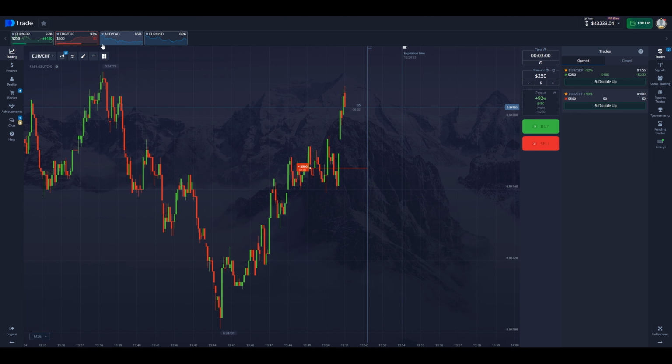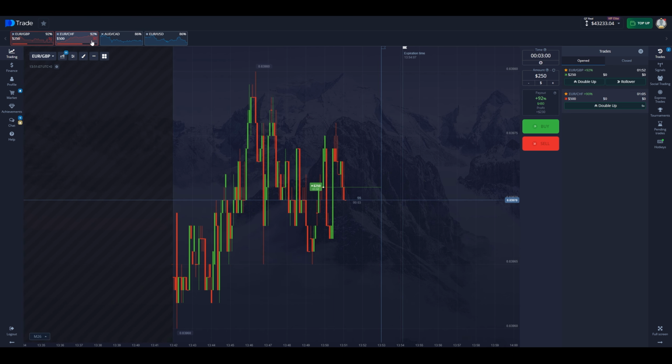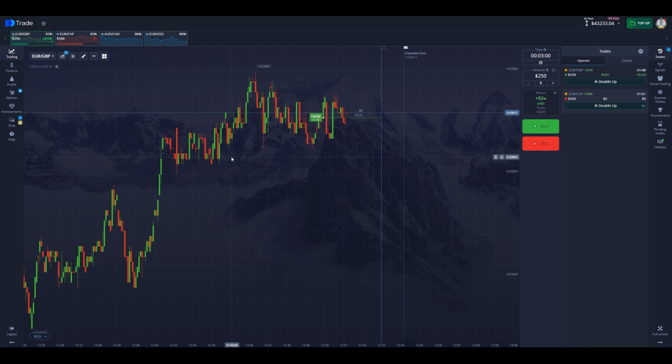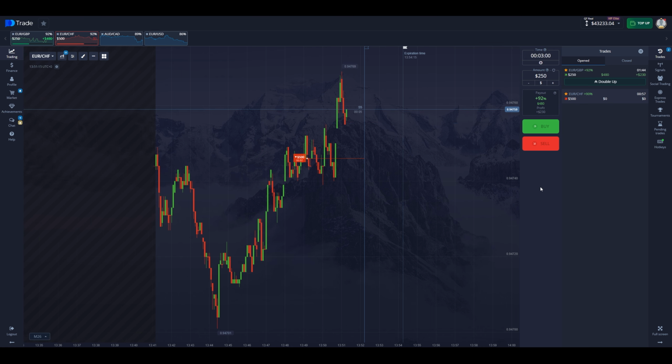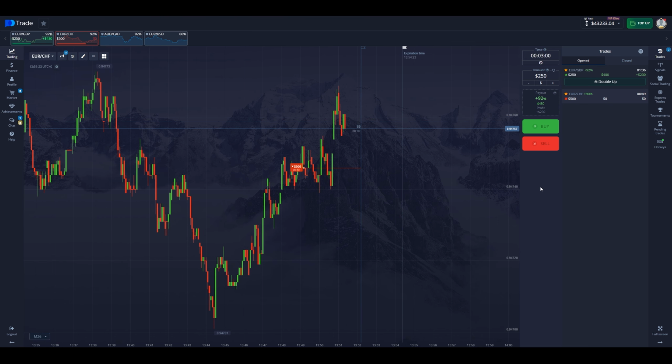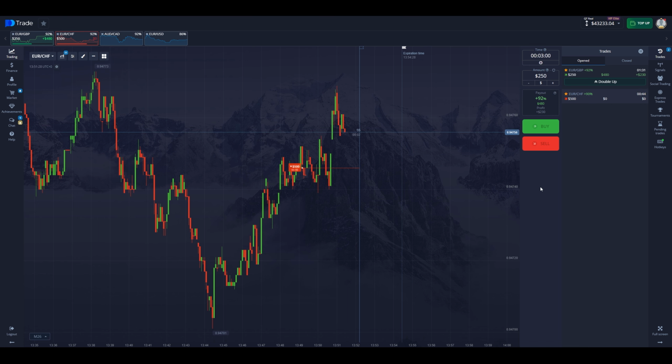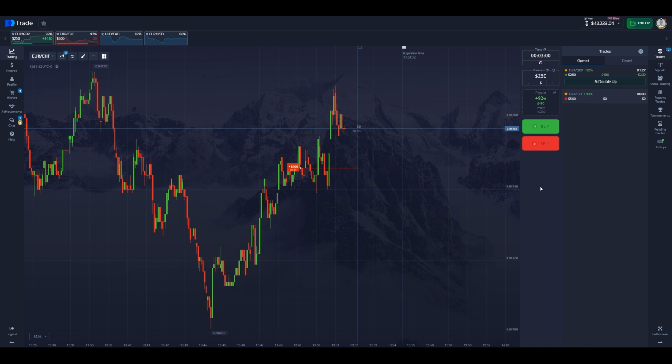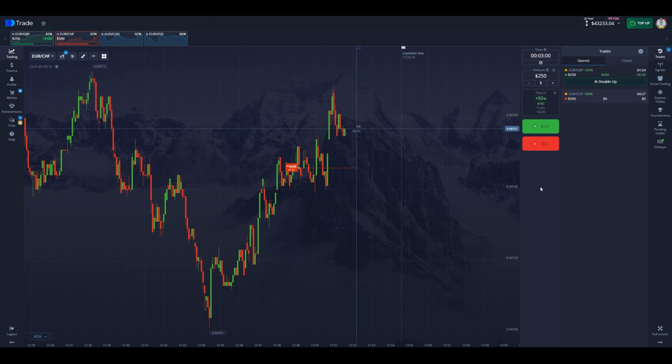Another option is trading based on support and resistance levels. The price often moves within certain boundaries, and these levels can be used to open positions. When the price approaches the support level, there is a likelihood that it will reverse and go up. Conversely, at the resistance level, the price may reverse downwards. This strategy requires a bit more observation, but over time you will easily be able to identify these levels and use them for your trading.